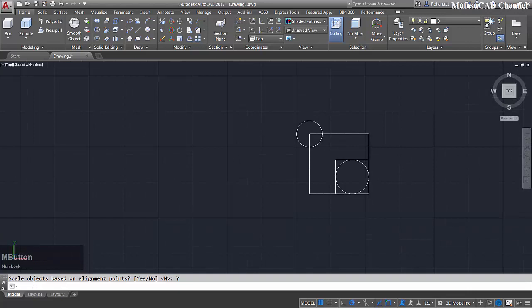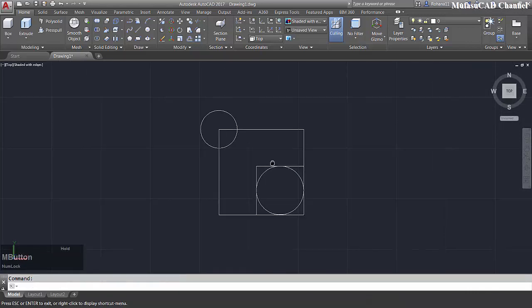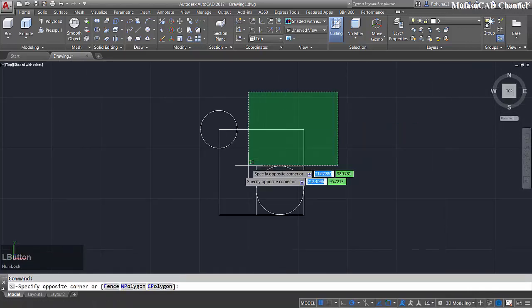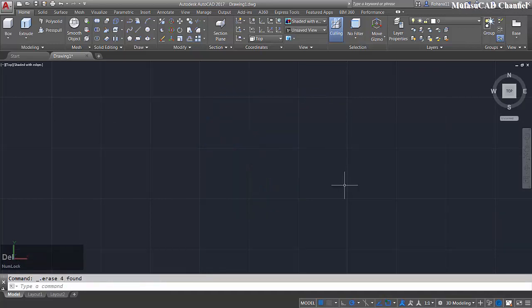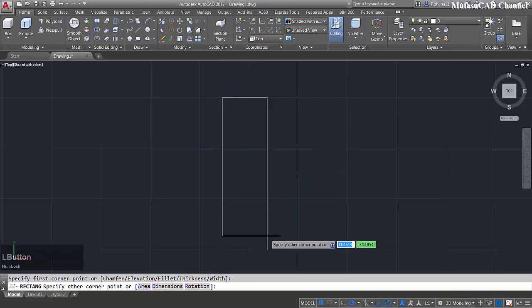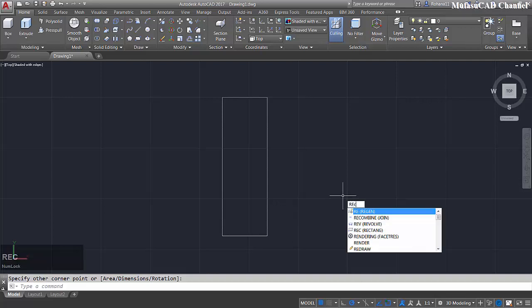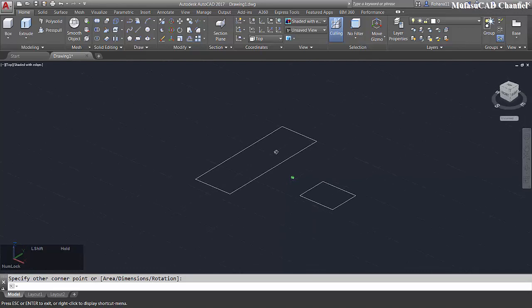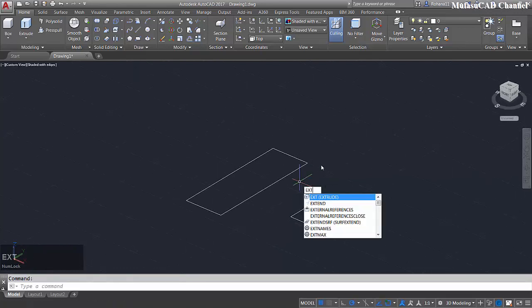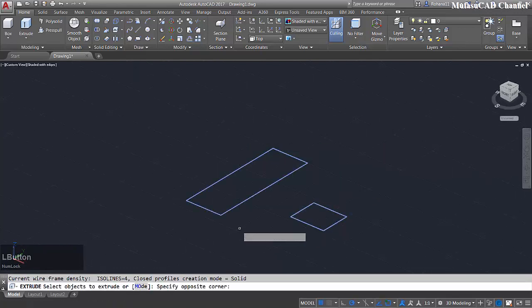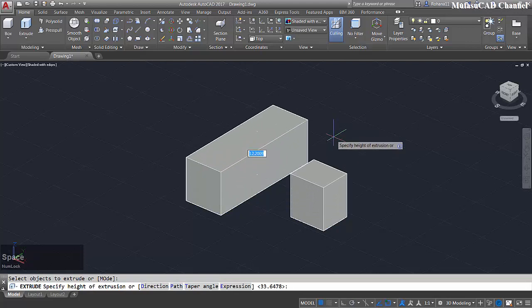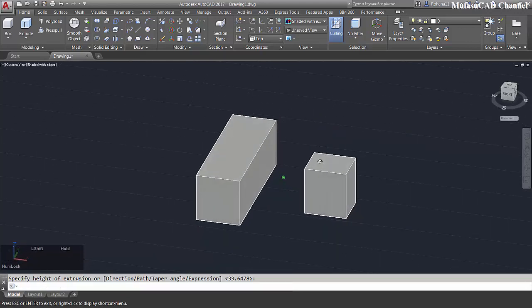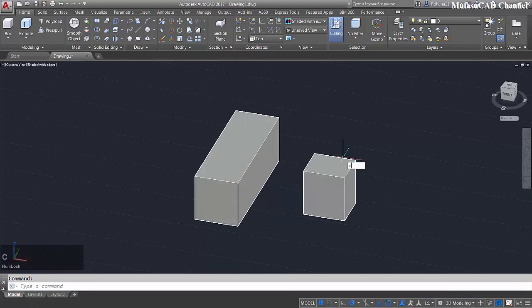This is for the 2D example, and for the 3D object, I will delete this object first, and we create a rectangle in here and create a rectangle again in here. Okay, you can orbit and then extrude this 2D sketch to the top here. Okay, to move this object, first I will copy this object from here to here,